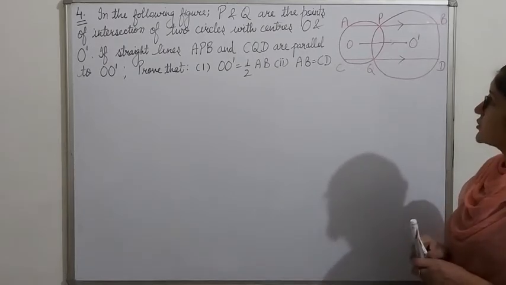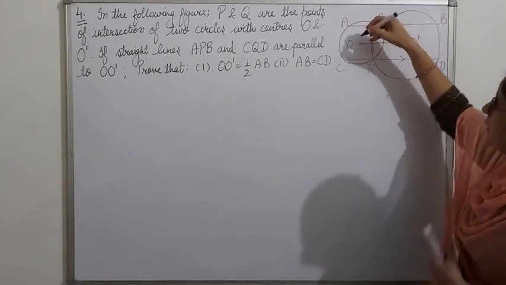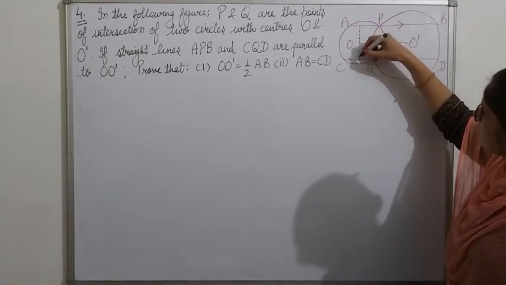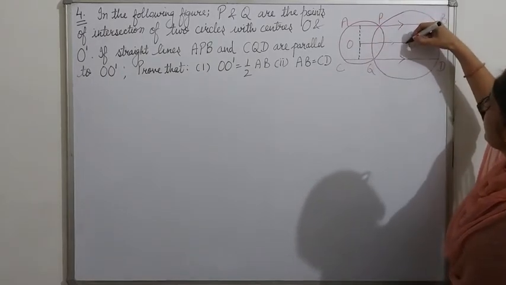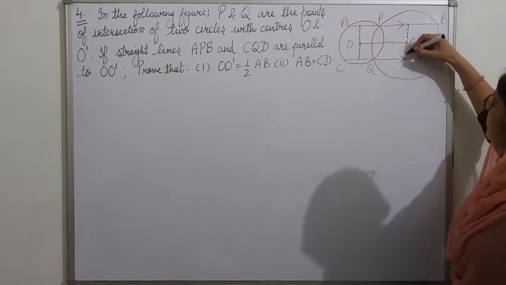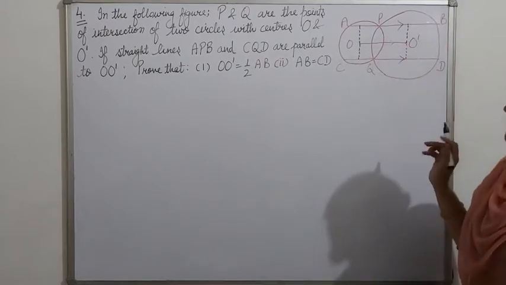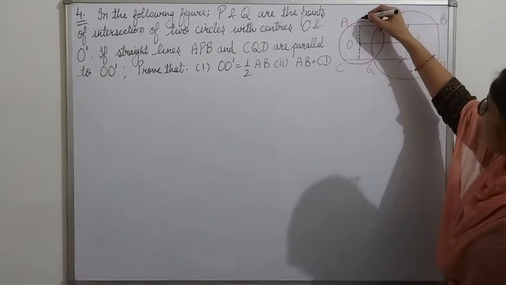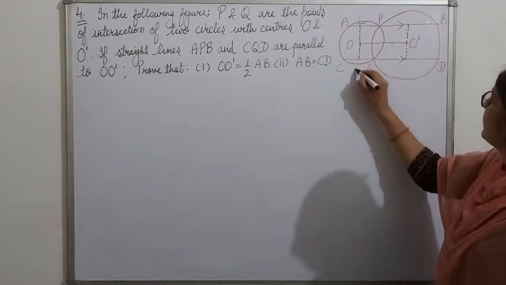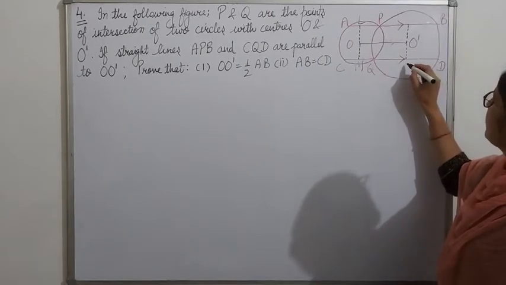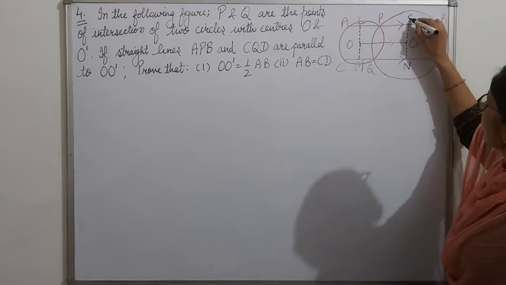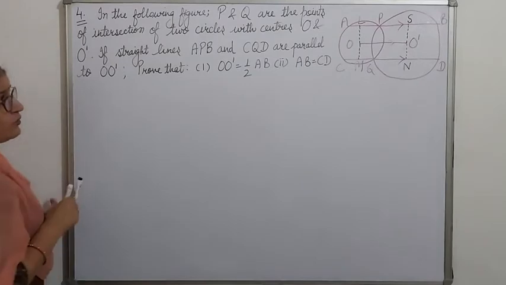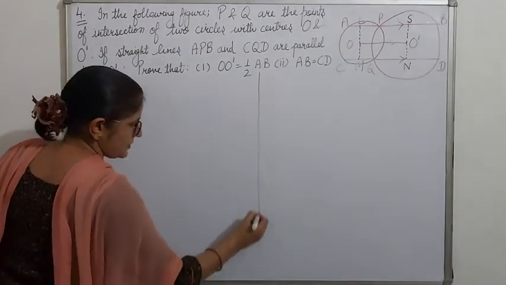So what will we do here? We will do construction. We draw a perpendicular here, here also, similarly, and here. Whatever names are already there, we will not use; we will take other names now. You can take L, here M, N, and here you can take S. Okay. Now using this, we have to find both the parts. So we start with the solution part now.